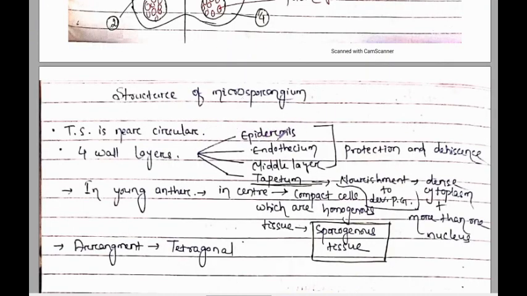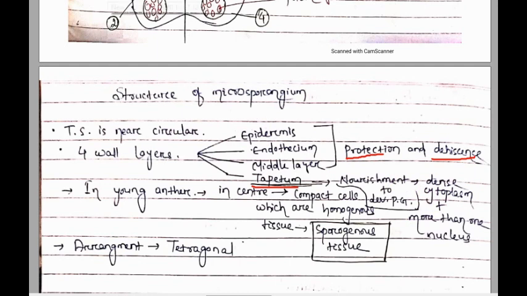Out of these four layers, epidermis, endothecium, middle layer, and tapetum, these three layers, except the tapetum, function as protection and help in dehiscence of the anther to release the pollen. Next, the tapetum. The tapetum functions as nourishment due to the presence of dense cytoplasm, and it consists of more